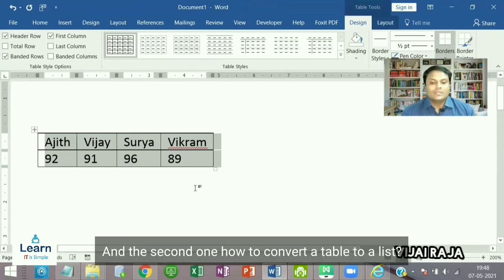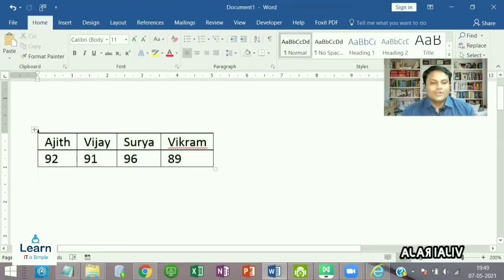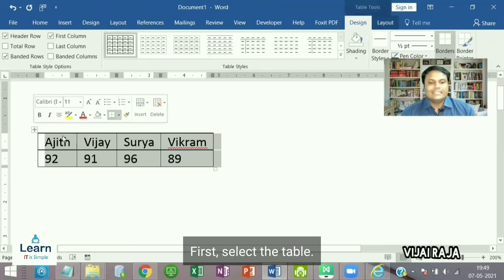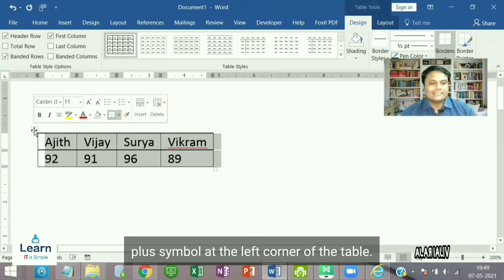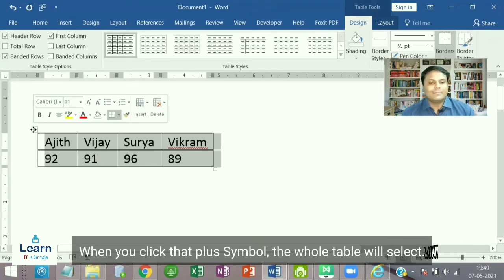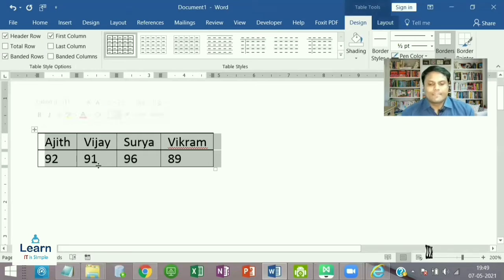And the second one, how to convert a table to a list. First, select the table. You will find a plus symbol at the left corner of the table. When you click that plus symbol, the whole table will select.